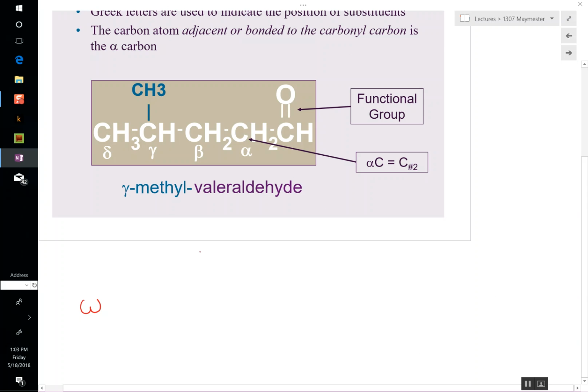The Greek alphabet starts with the letter alpha and it ends with the letter omega. So even the terminology omega-3 fatty acids is coming off of this system right here, where you're using Greek letters